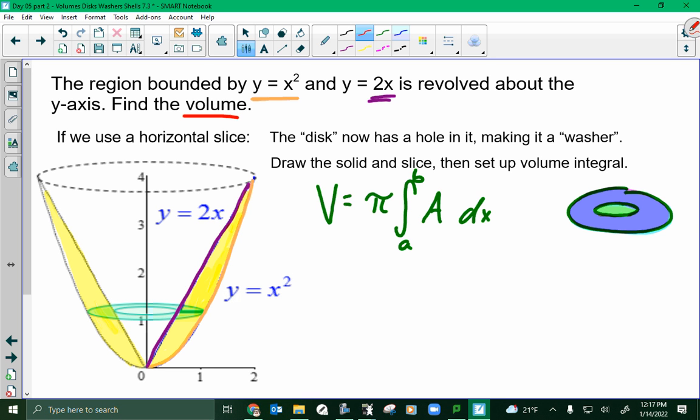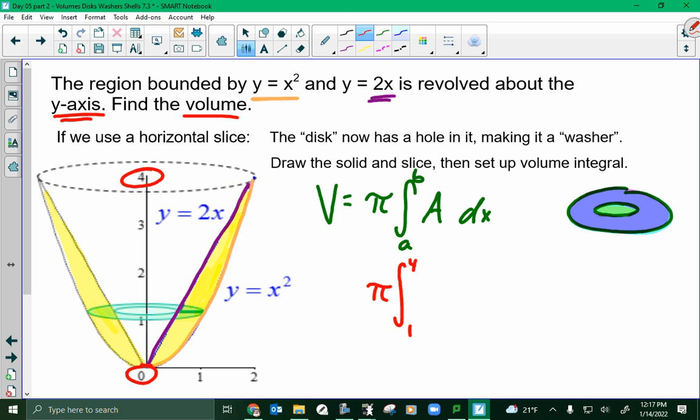It is revolved about the y-axis. That means my bounds should be y's. Upper bound is 4, lower bound is 1. So let's integrate this from 4 to 1 pi. Okay. Now let's figure out what the area,